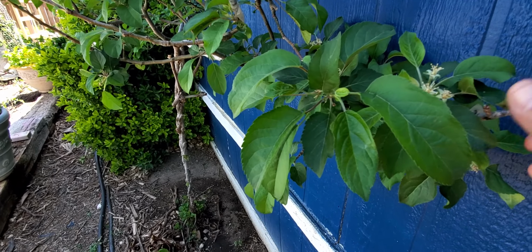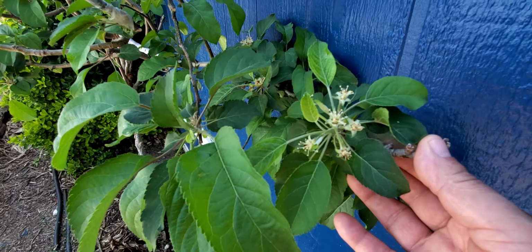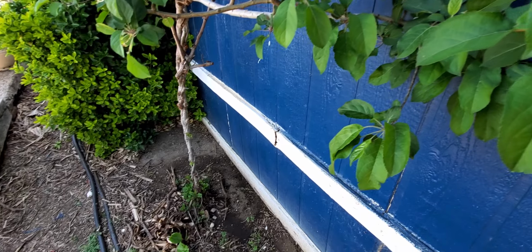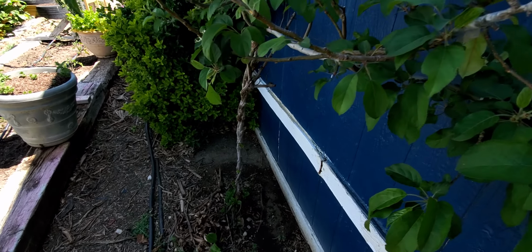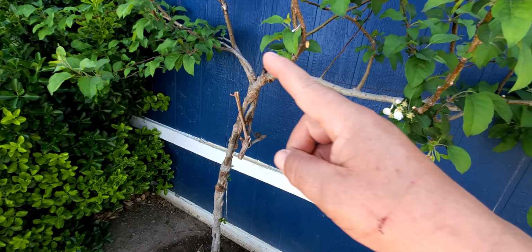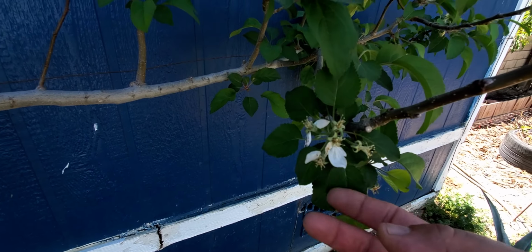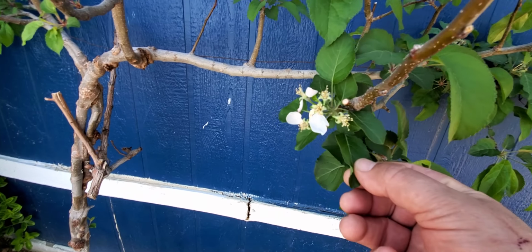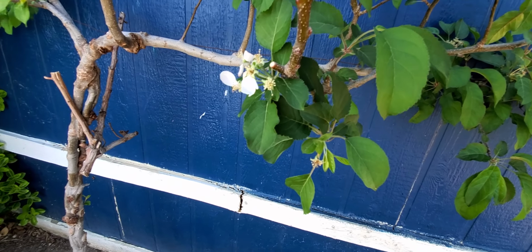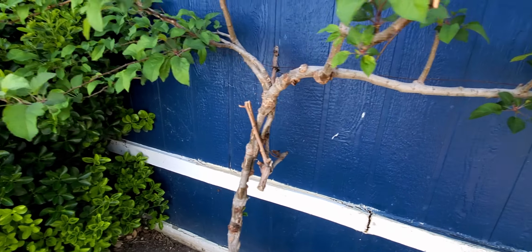This is my 4-year-old apple tree that started from seed sometime in the past. I don't know how, but I did not plant it. The little plant just emerged from the ground, and I've been trimming it. I've been giving it this T shape, and this year, for the first time, it has put out flowers. And I don't know if they're gonna be able to produce apples this year. I have not seen any bees around this tree,